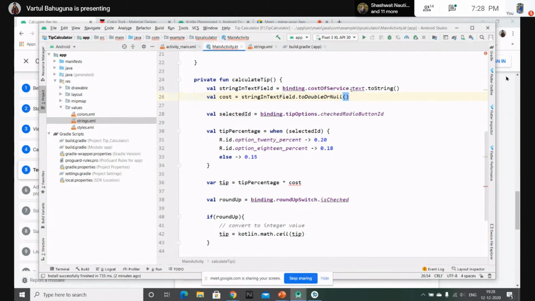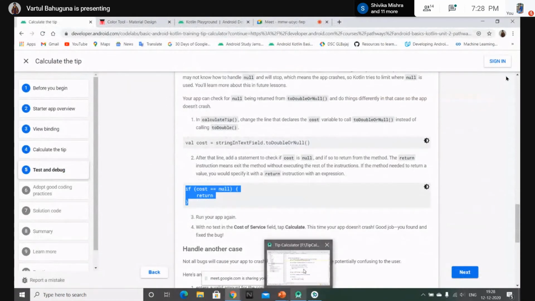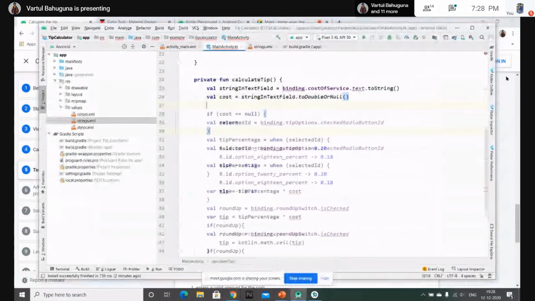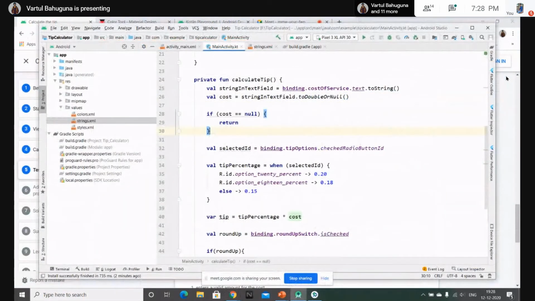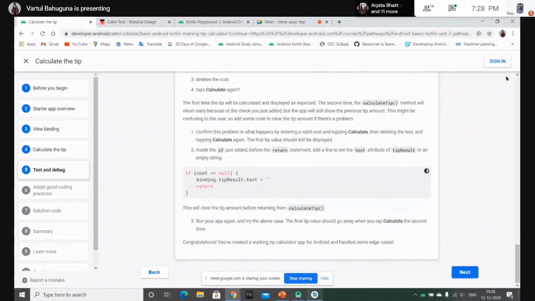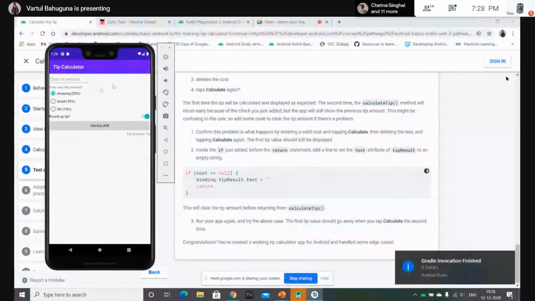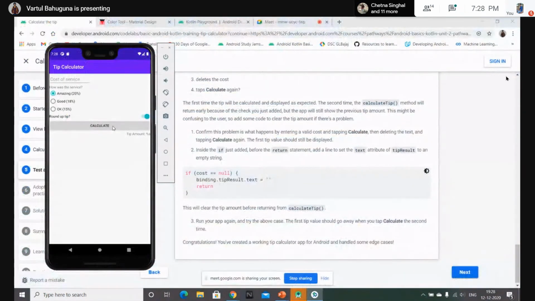And if the value of cost is null, we can just skip this function, or do nothing, and we can save our app by returning from this function like it's written over here. So if costDouble equals null, return. It will save our app from crashing. Now let me run this again. Okay, now if I press the calculate button, you see nothing happens over here.